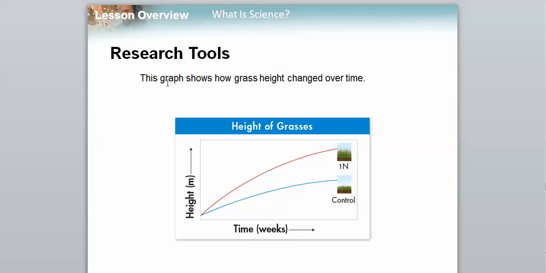So again, this graph shows how the height changed over time. Over a certain amount of weeks, this control group, which again is the one that is unchanged, grew, and you can see that in the blue line. However, the 1N, meaning the nitrogen that was added, obviously increased the height of our grasses. The red line shows height over here on the left is much greater in our experimental group compared